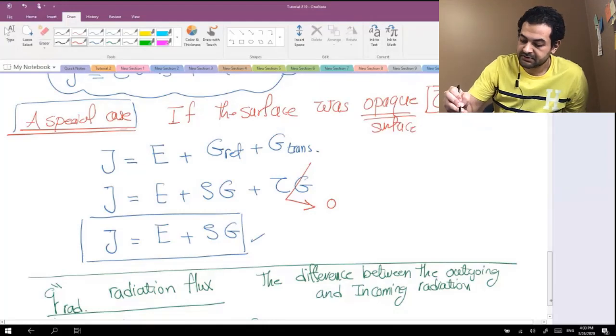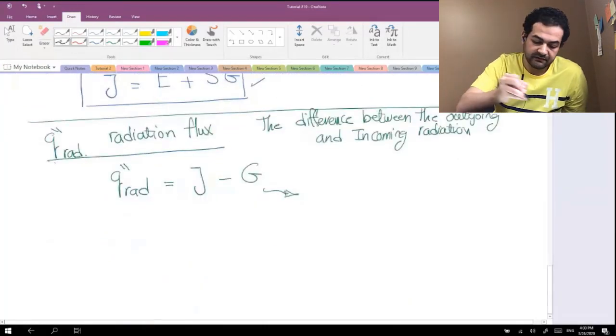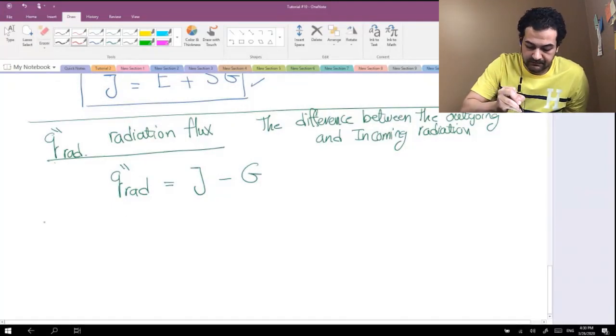So the radiation is going to be different. So in case of the opaque surface,